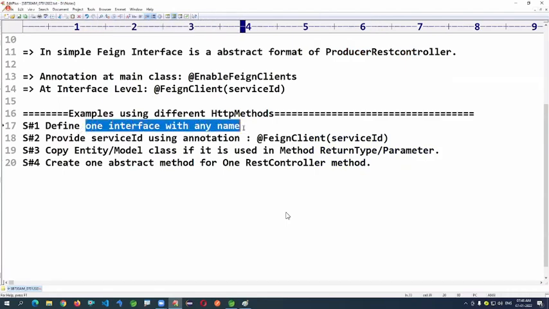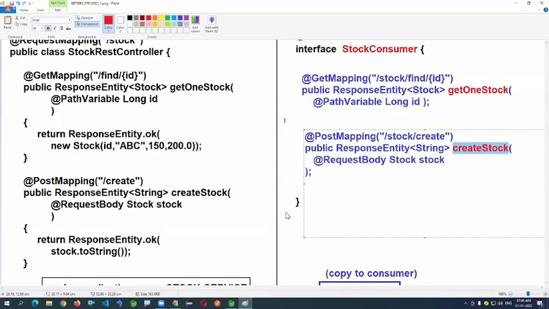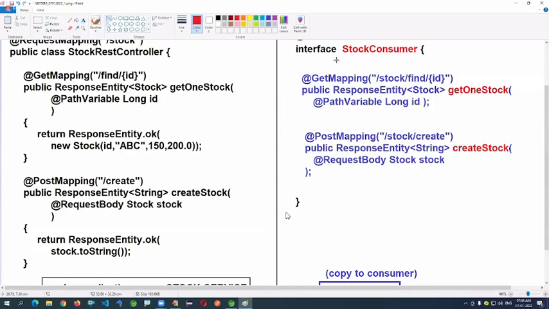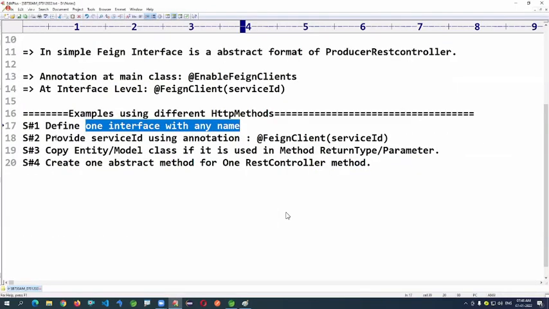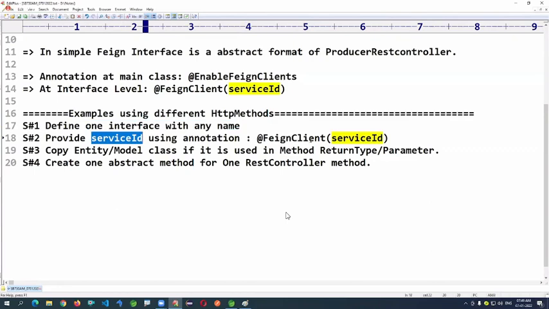Define one interface with any name. Give the service ID using this annotation.